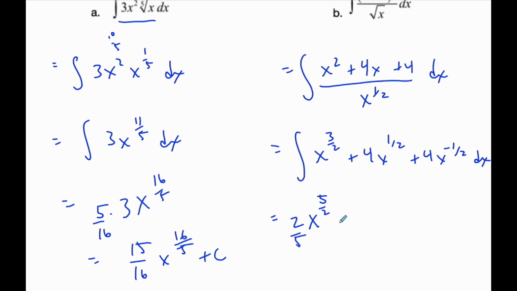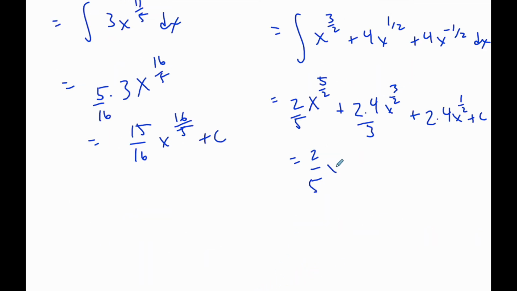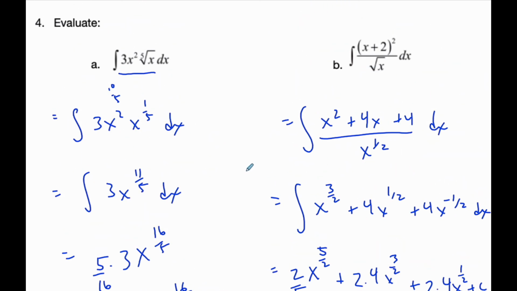So taking the integral of this, again, I start here, I add 1 to my exponent, multiply by the reciprocal, plus the 4, I add 1 to my exponent here, so that's going to be 3/2, and I multiply by my reciprocal, plus 4, I add 1 to my exponent, that's going to be 1/2, and I multiply by the reciprocal, which is 2 plus c. And so now I get 2/5 x to the 5/2 plus 8/3 x to the 3/2 plus 8x to the 1/2 plus c is my antiderivative. And so there's our introduction to finding the antiderivative of